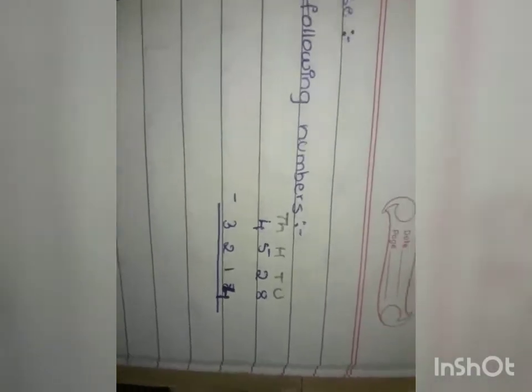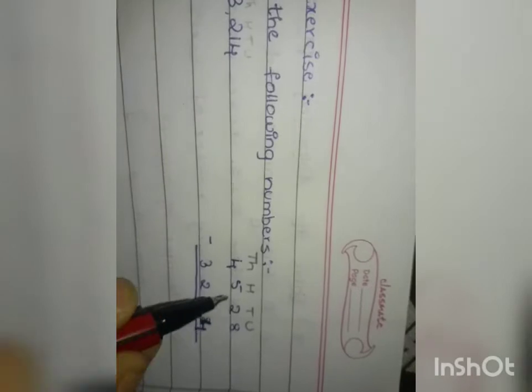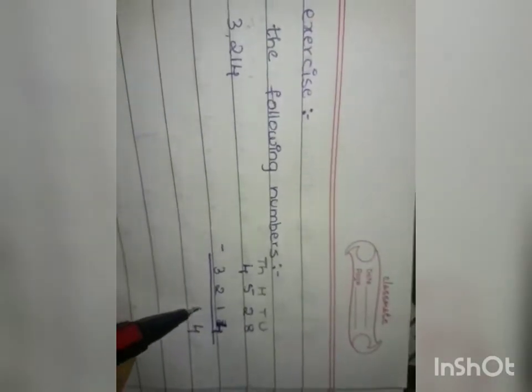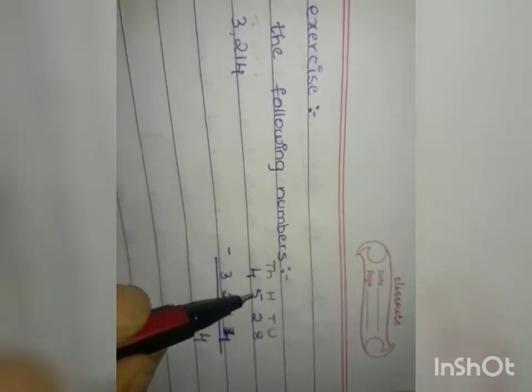So under the units, you have 8 and 4. From 8, we have to subtract 4. 8 minus 4 is 4. So let me write down that 4 here. Next is 2. 2 in the hand and subtract 1 from it. What remains? 1. So I'll write 1 here. Then comes 5. 5 in the hand. Remove 2 from it. Then what will remain? 3. So I'll write 3.